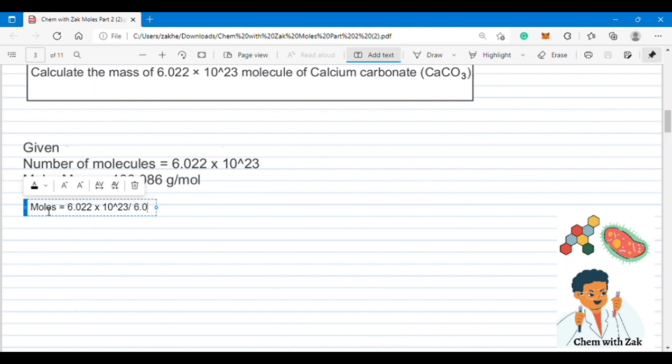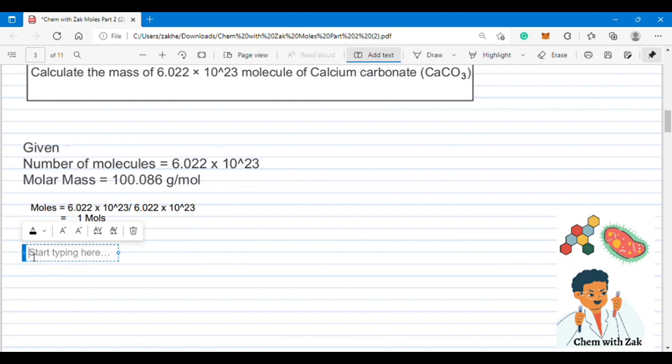And when we have done that, we will now have found the number of moles for calcium carbonate to be 1 mole. Right? So let's continue. To find the mass, we will now have to say mass of calcium carbonate